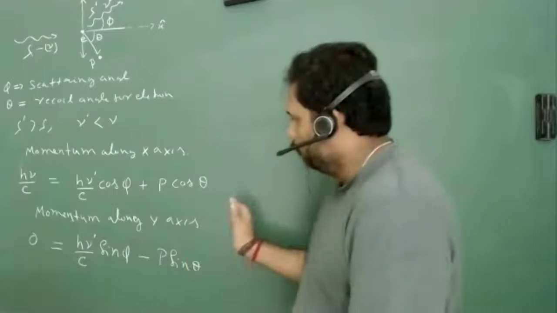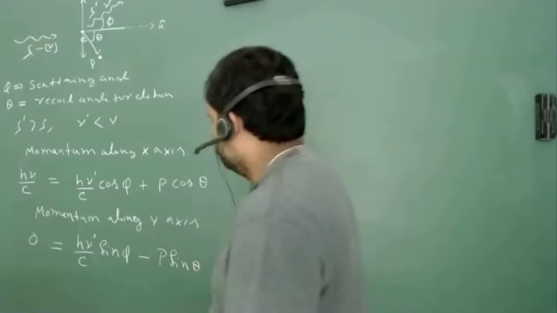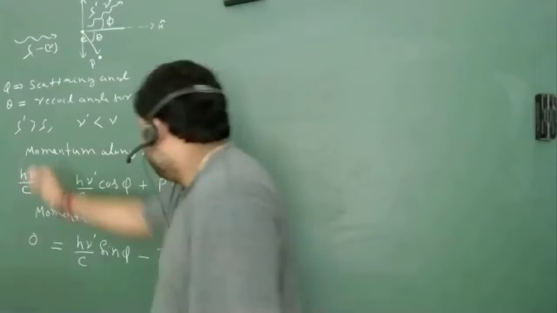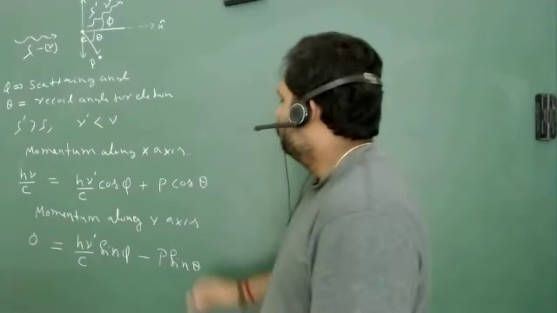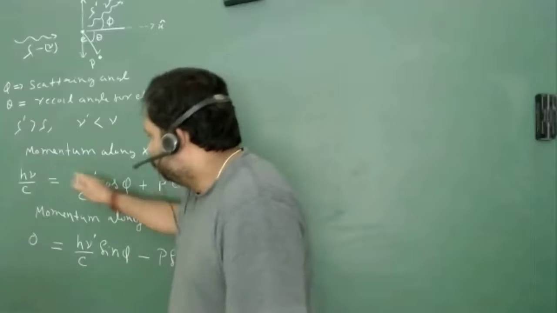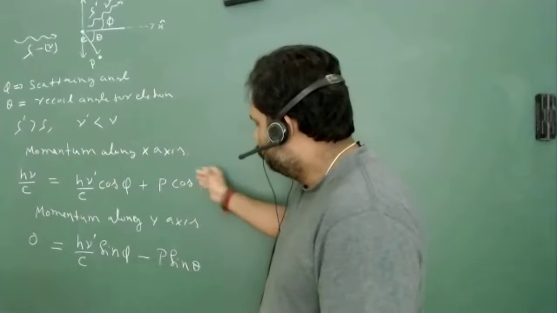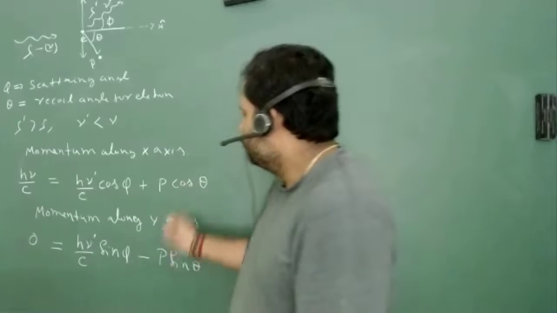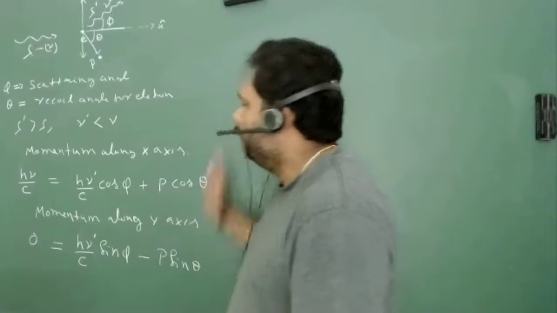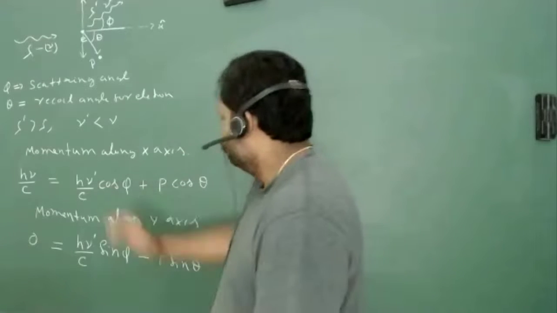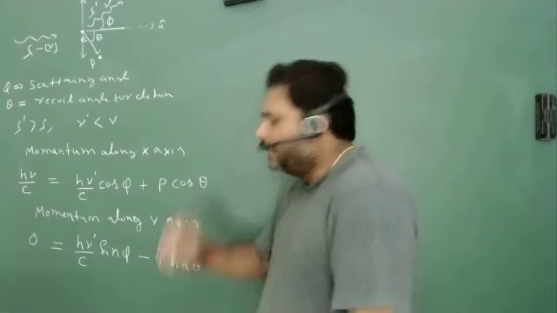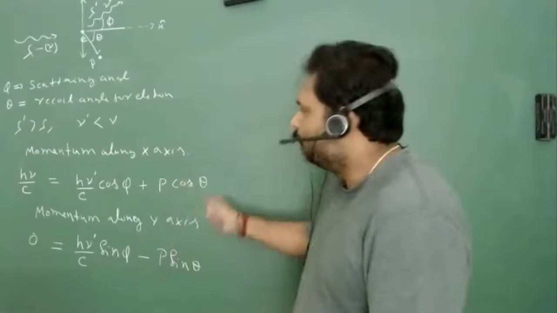So from these two equations, I can just use some calculation. What I am going to do, I will keep this thing on this side, this thing on this side. I am interested in phi and nu actually, so I want to remove the theta part. How will we remove this theta part? We will just square both sides and add. Then cos square theta plus sine square theta is equal to 1. So we will just use this.